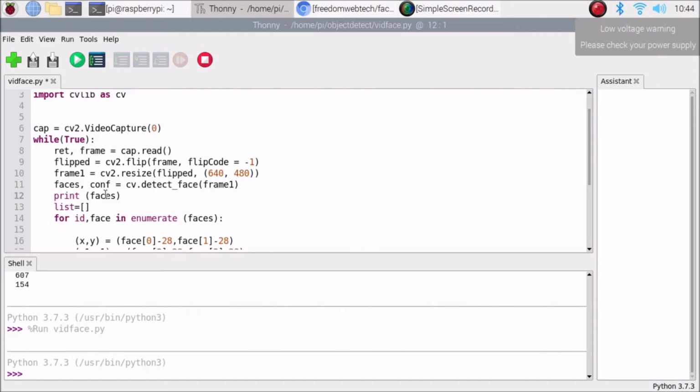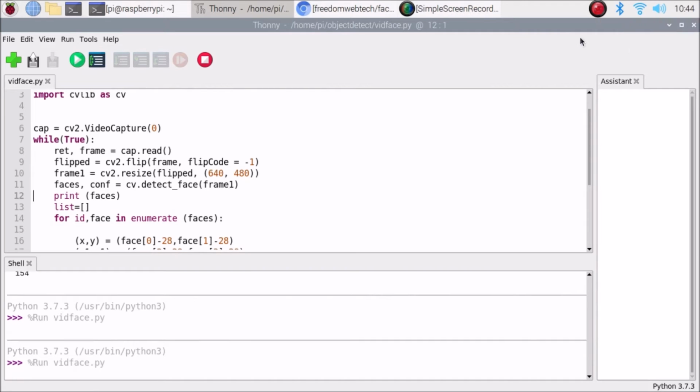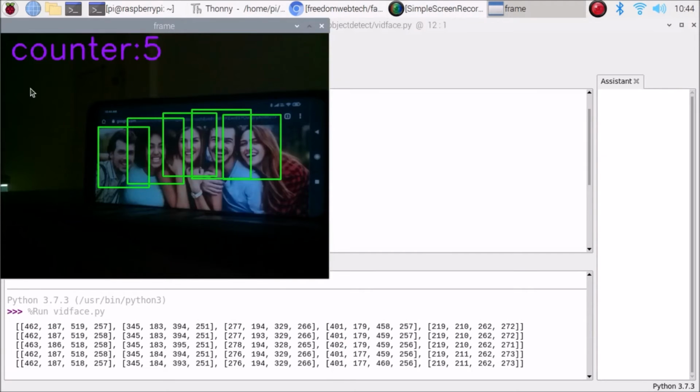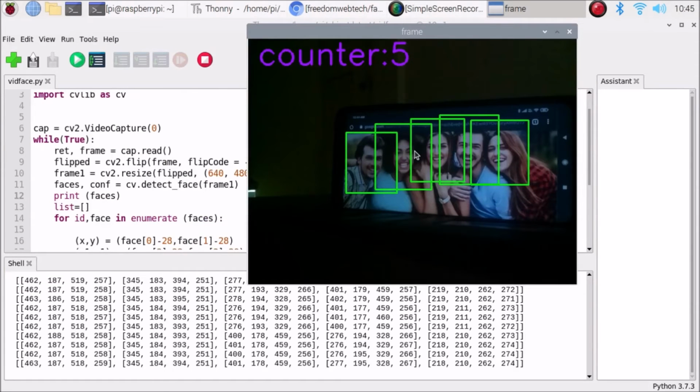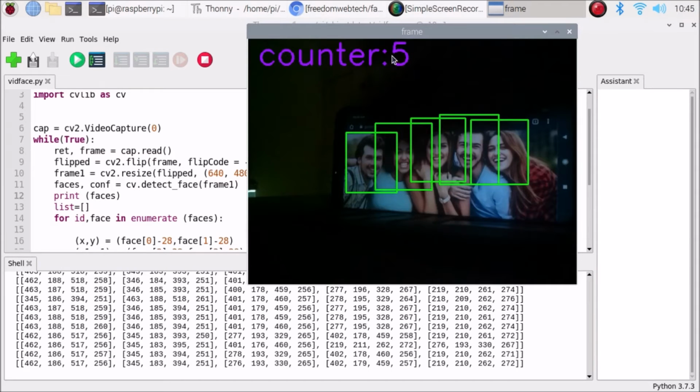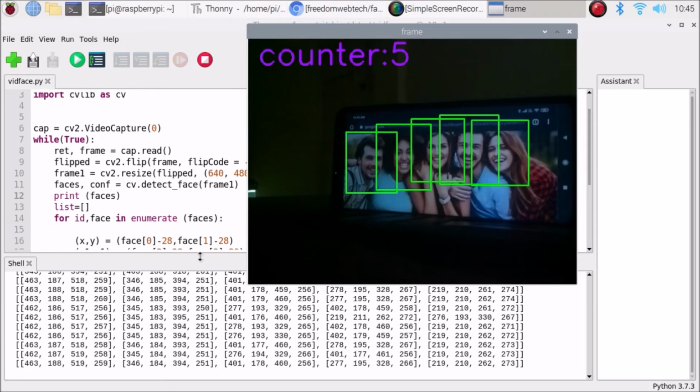Right now we have some images here, so we are going to start the camera. Save it, run the code. So friends, as you can see, the counter is 5, and we have 5 faces in this image. This is the live camera frame. Also, as I told you, it printed the faces. As you can see, we have 5 sets of coordinates with x, y, w and h.